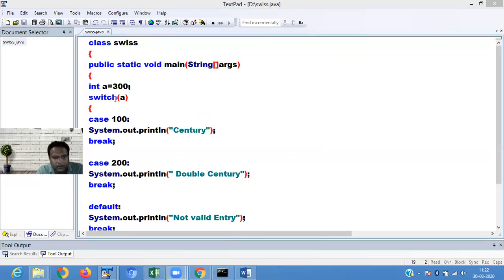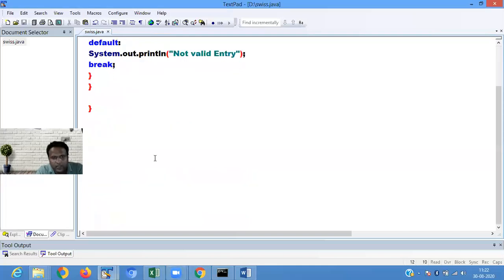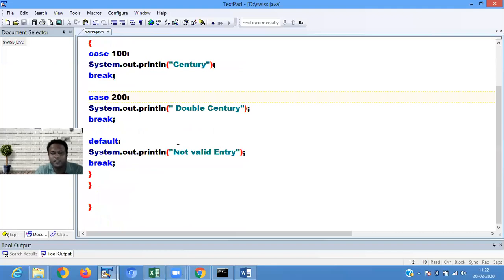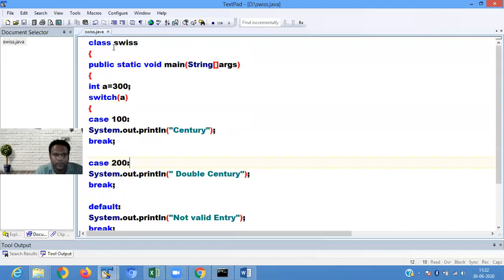For 300, case 100 does not match, case 200 does not match, then it executes the default statement. First it executes the default statement, then we execute the main case statement.